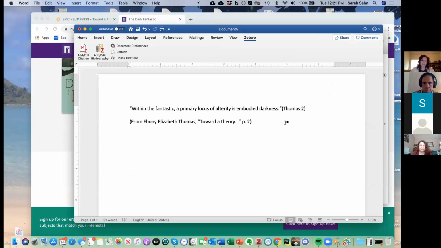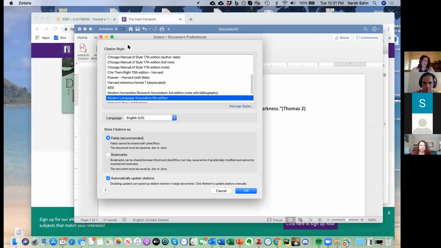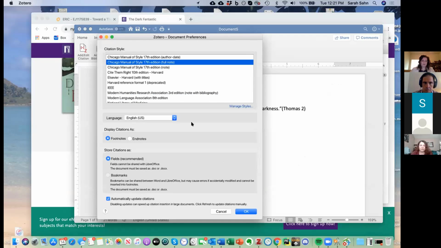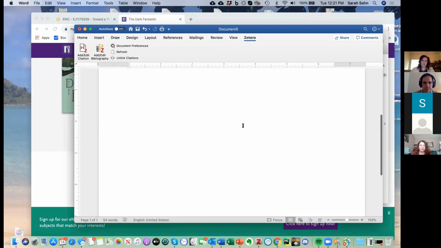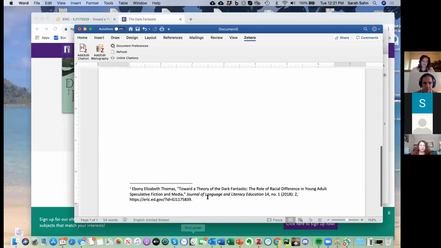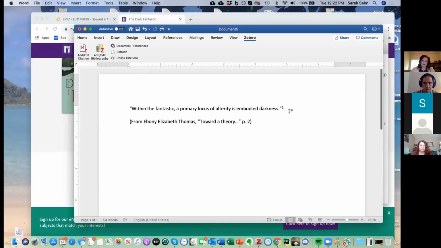So I have a couple of things that I can do now. One of the things I can do is go to my document preferences and say, actually, I don't want MLA 8, I want Chicago. Click OK, and now I have a note. I had to do it in a footnote. It's down here. Very handy. So if you're switching between citation styles for a submission, or you just change your mind, I can